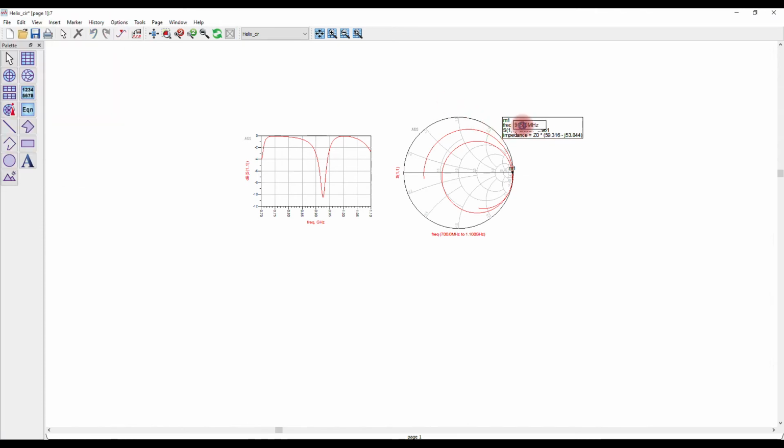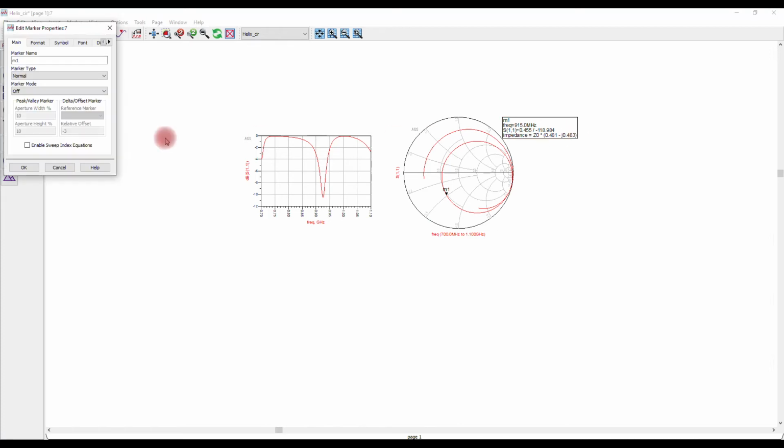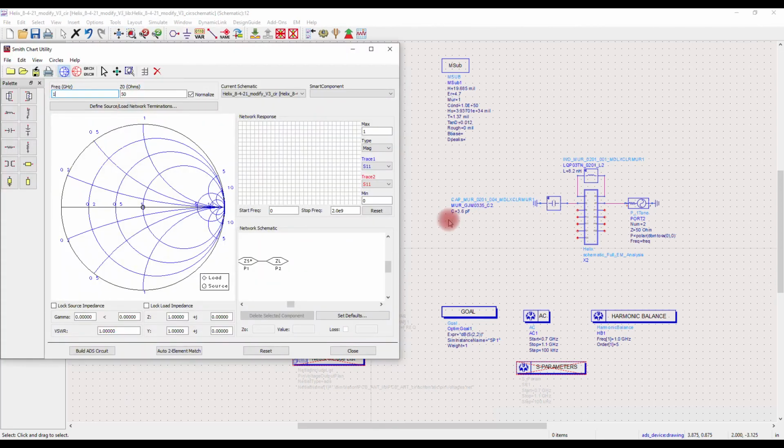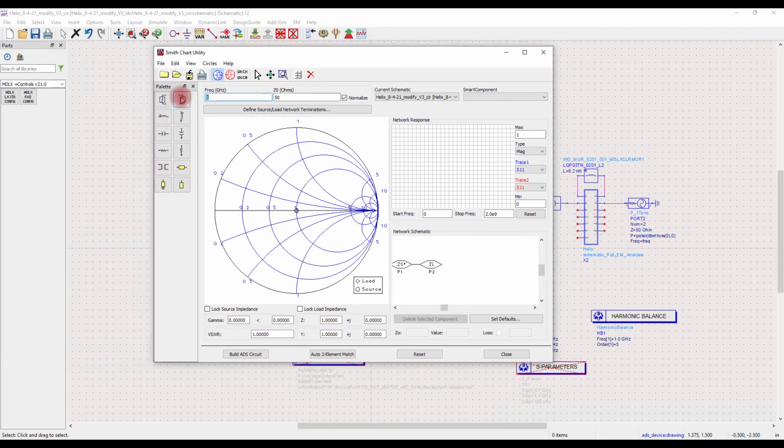The antenna input impedance is 24.052 minus J24.155. Go to Tools and click on Smith Chart. Change the frequency to 0.915 GHz. The source impedance is 50 ohm and insert antenna input impedance as the load impedance.